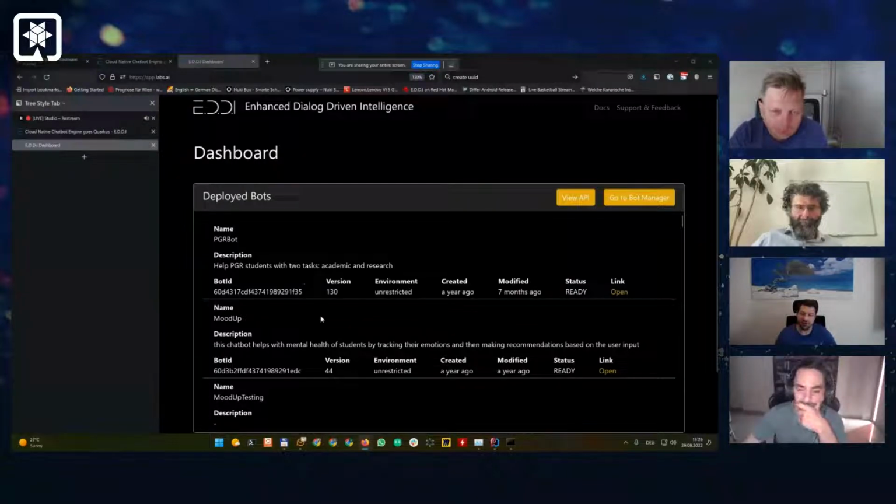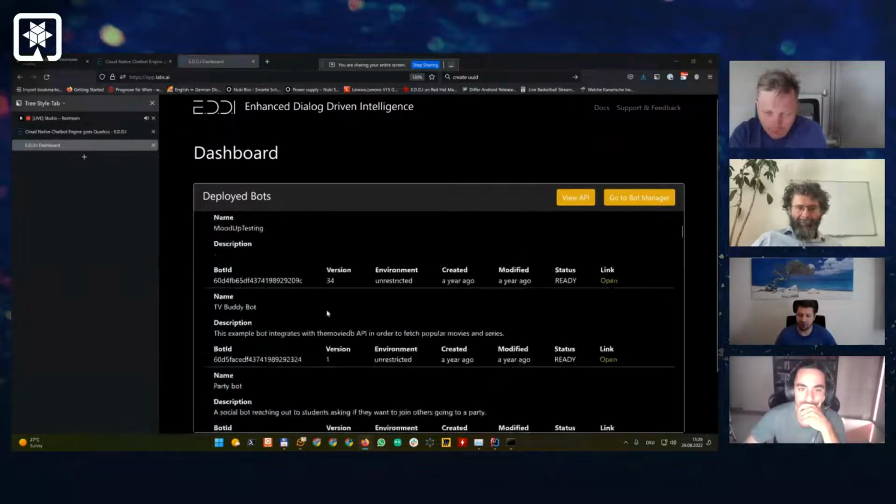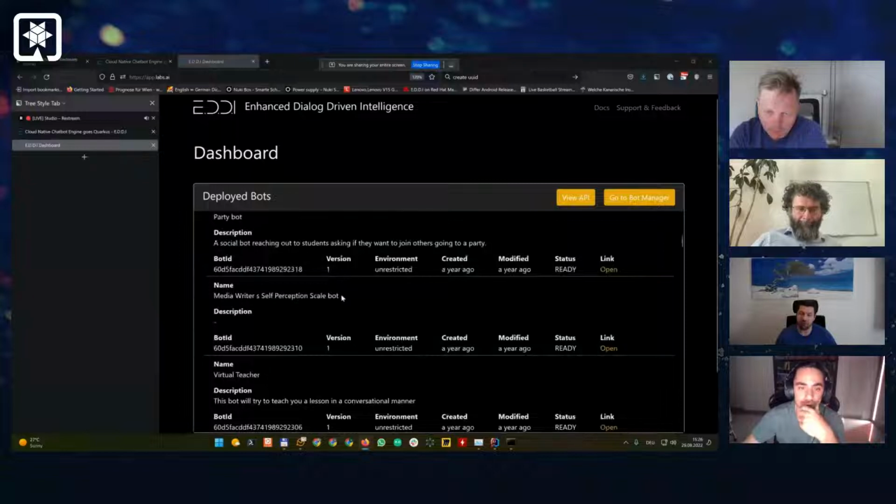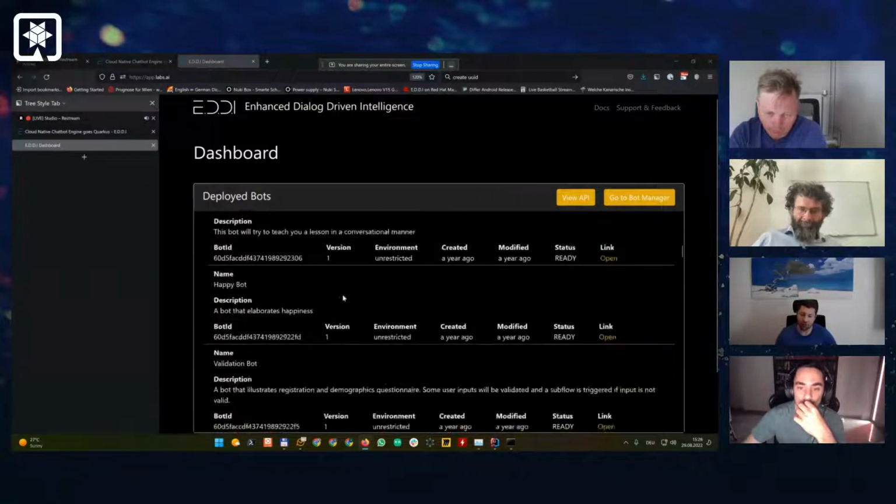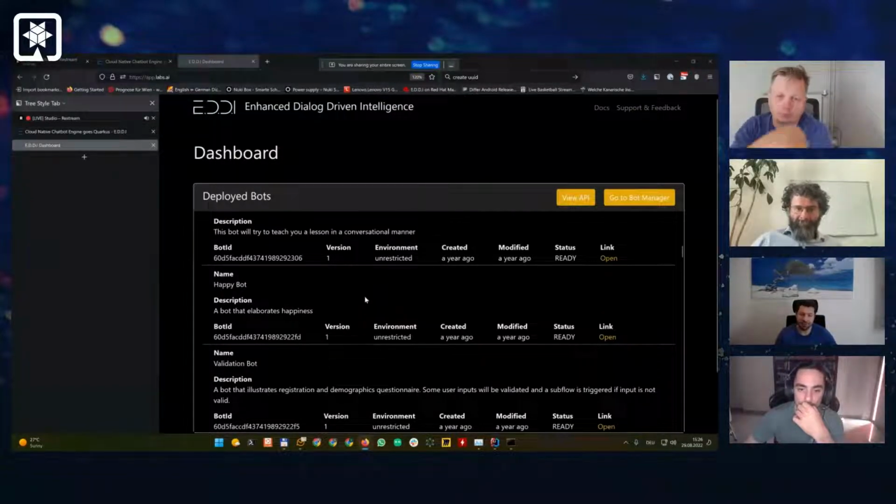So basically what we have here is a collection of multiple chatbots. The framework specifically is designed to run multiple chatbots, also in multiple versions. That means when you develop a chatbot and then you have it in production and you need to make changes, you're not all of a sudden changing the stuff in production. With each new configuration, you're generating new versions and then have the possibility to use different versions and different bots and make sure